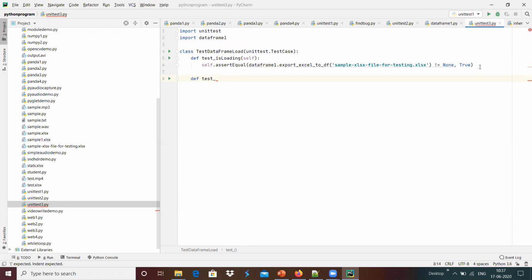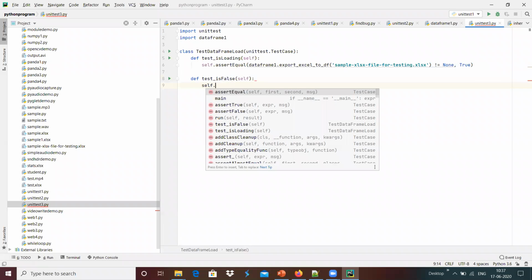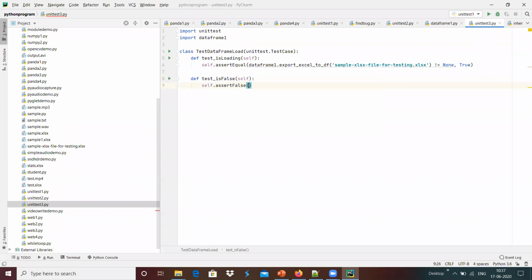In case we are giving a file which is not available, expecting a false output, I'm going to give something like self.assertFalse and data frame 1.export, and maybe a not existing file, not existing.xlsx, which is not existing.